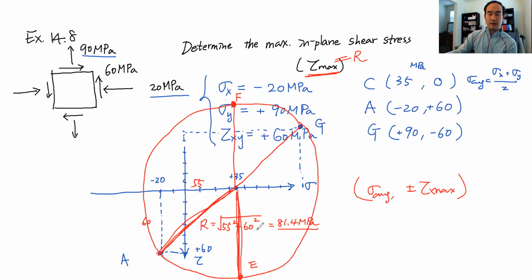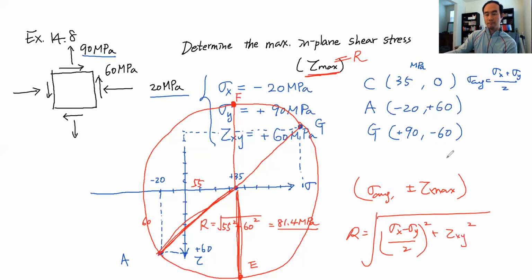So you can easily find r from here, or you can directly use this equation: the square root of (sigma x minus sigma y over 2) squared plus tau xy squared. You'll get the same answer, 81.4. So that's how we can calculate the maximum in-plane shear stress. And the question is not asking for the angle associated with the maximum in-plane shear stress, but